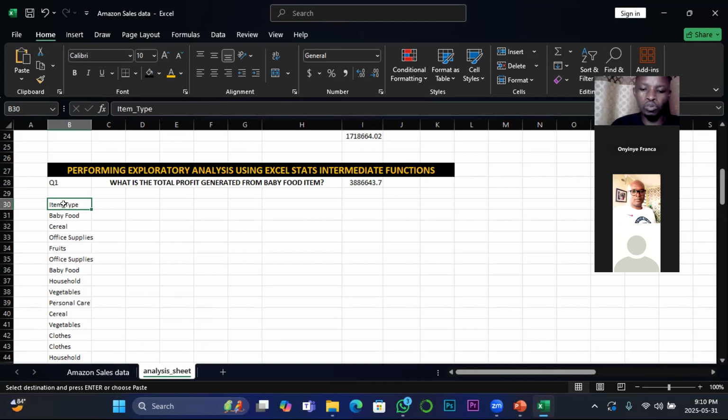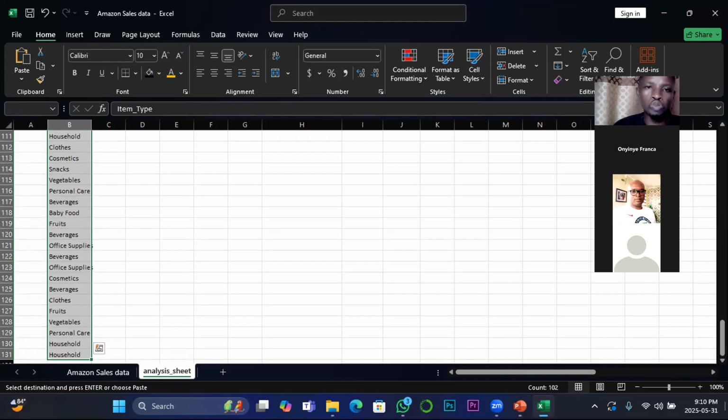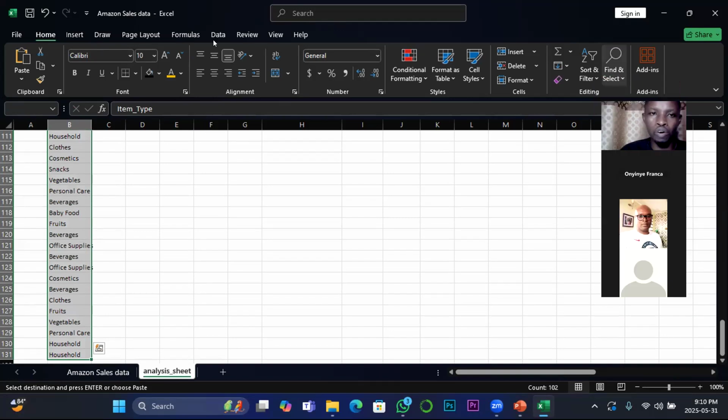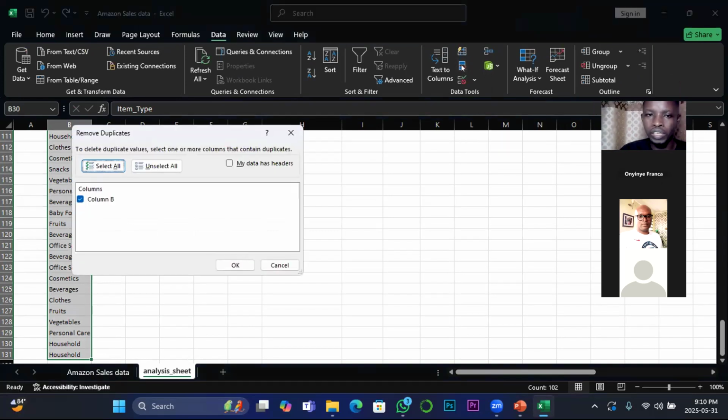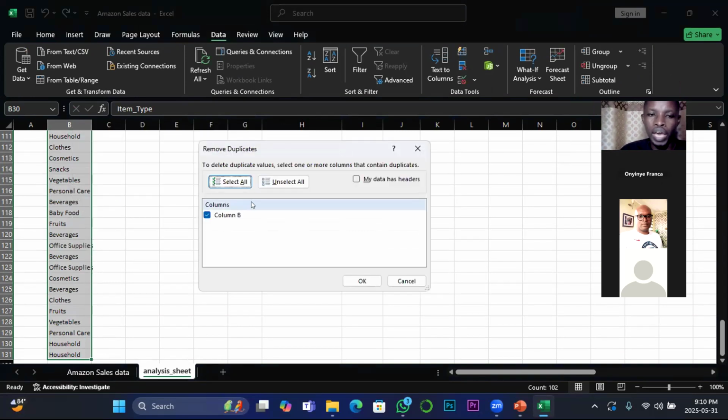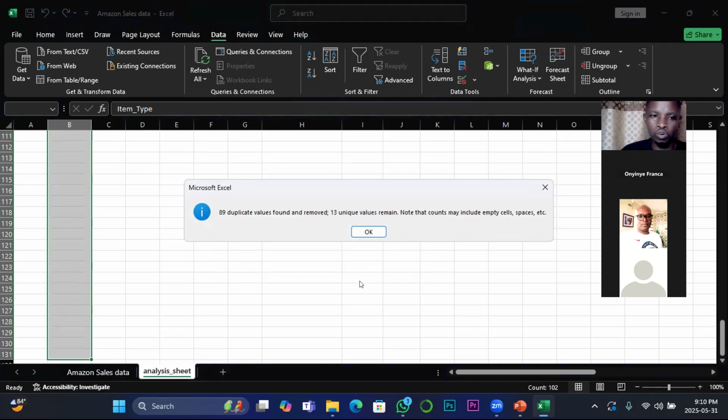So I'll simply select the whole of this range and then go to your Data tab. From the Data tab, navigate to somewhere here, you see Remove Duplicates, this icon. Click on it, and then it will tell you that it has identified where values are selected to be column B. Just confirm whether that is the right location. Just click OK. So now Excel has automatically deleted 89 duplicate values and has kept